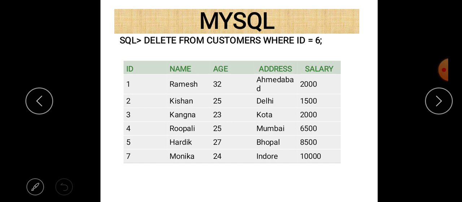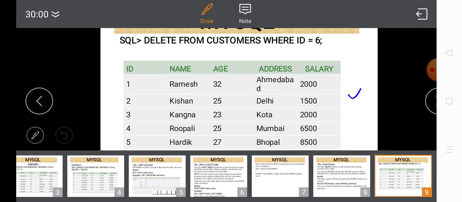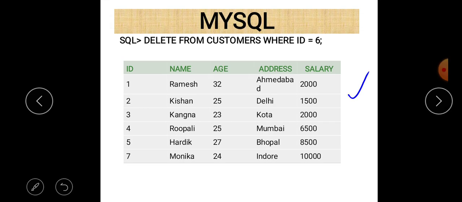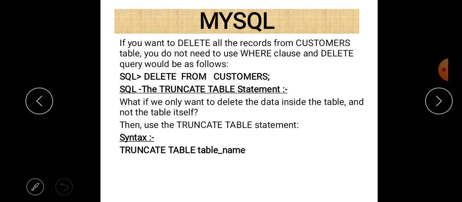After that, if we use the select statement, select star from customer, then this table will appear on the screen, and you can see that now no data regarding id is equal to 6 is there. It means only the record that meets the condition id is equal to 6 is deleted after the execution of that command. So that is the use of the delete command.